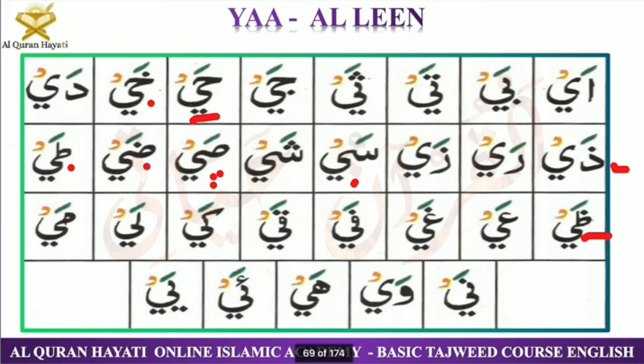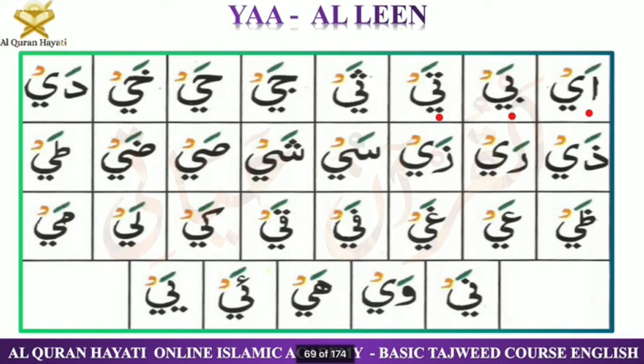Ra with fatha is always heavy, and obviously in huruf al leen, ra will always carry fatha, right? Because in ya leen and waw leen, the most important thing is that there should be a letter carrying fatha only. Fine, you can write your question in the chat box if you have any. Now I'll recite this, inshallah.